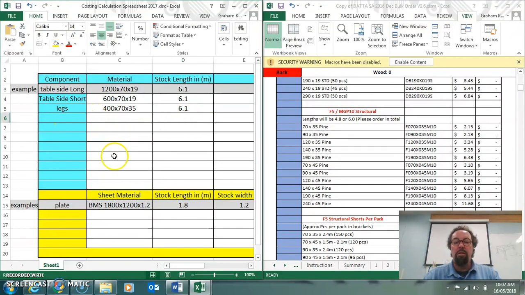So that's my stock. Now if I've got sheet material, and most of you will have some sort of sheet material, we're going to come down the bottom here and so I'm going to call my tabletop. That's what it's going to be. So what's my material going to be? I'm going to go back now to my copy of my data,